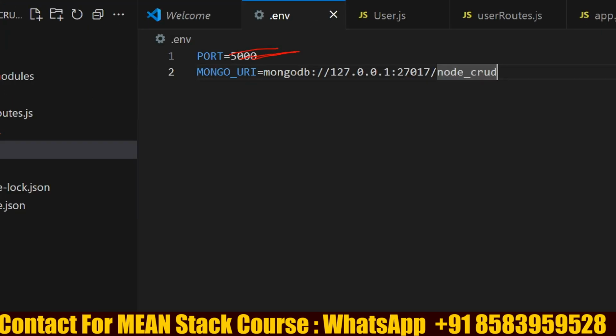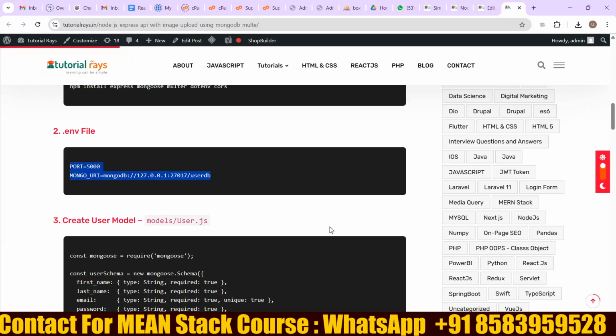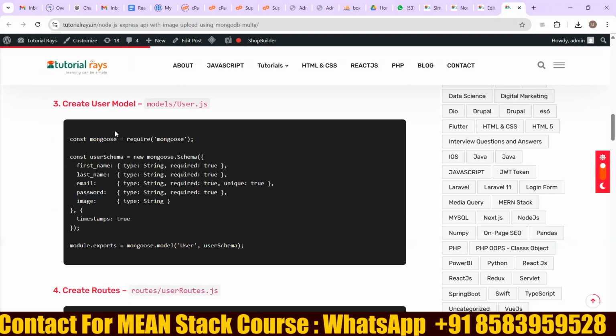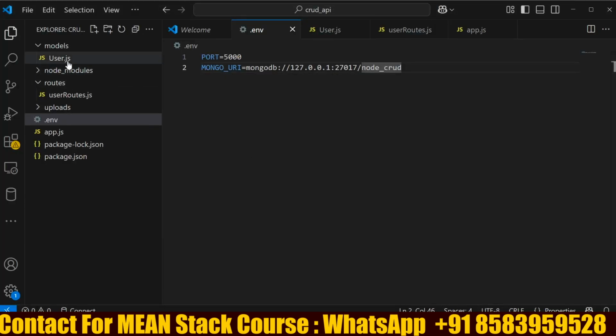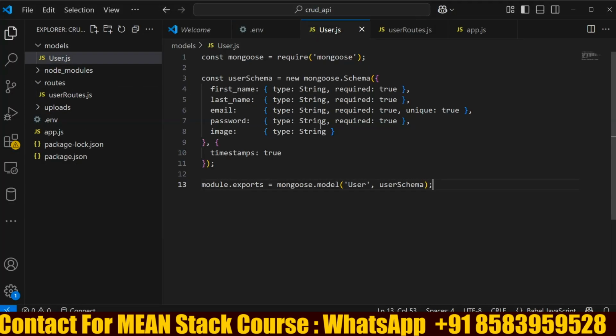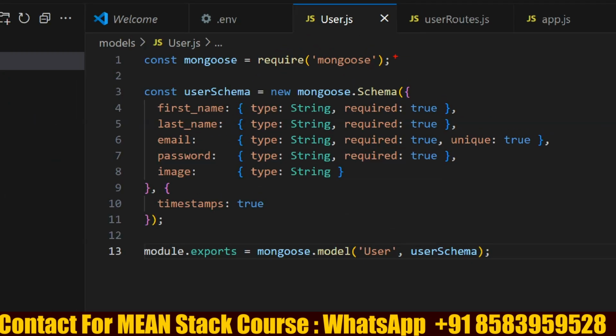Okay, we could have written there only, but no problem, let's write here. Now this is the model, meaning the schema, where you need to specify the field names. First, you have to import the mongoose package. And after this, the user schema, that means user defined, you can give whatever name you want here, and then new mongoose.Schema. Now first name, last name, email, password, and image, and for the field names we are providing required,